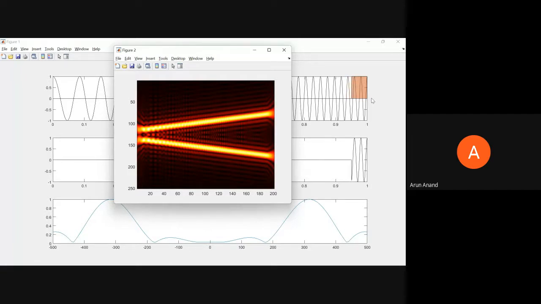So as I move in the positive x direction, I am going from 0 to 1. This is 0, this is 1. And here the center will be 0, and here it will go up to 500 hertz, and here it will go up to minus 500 hertz. Okay, got it. In fact, I have basically zoomed in at the center of that spectrum also.